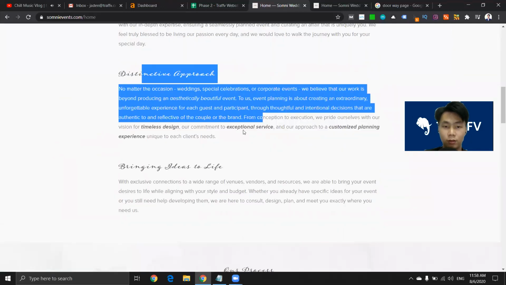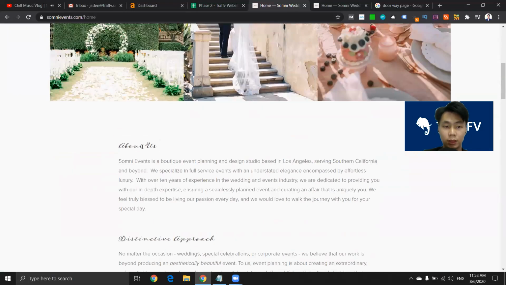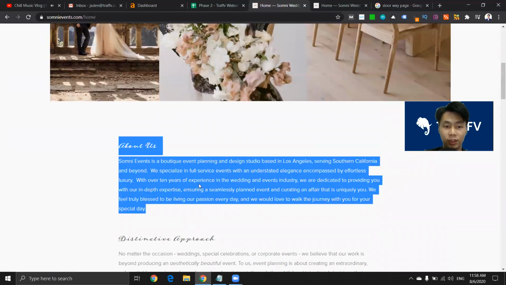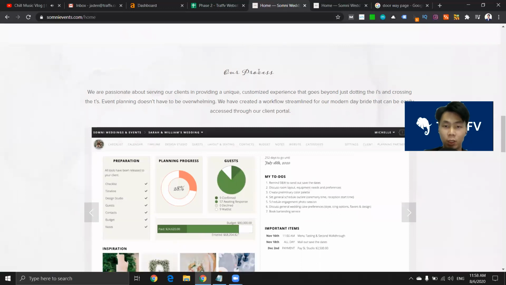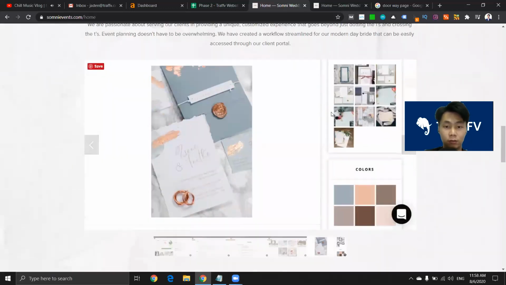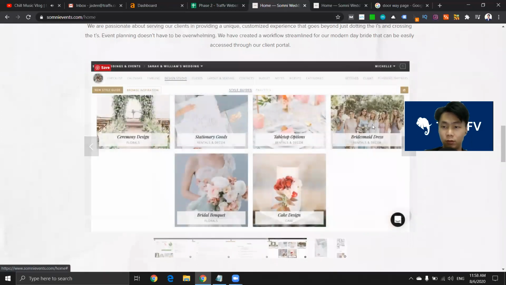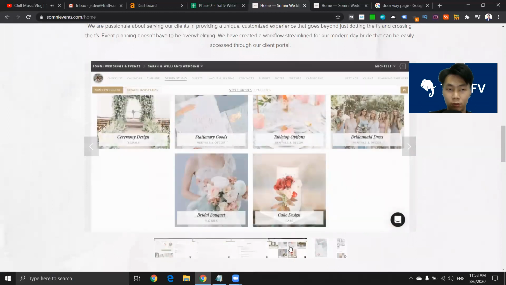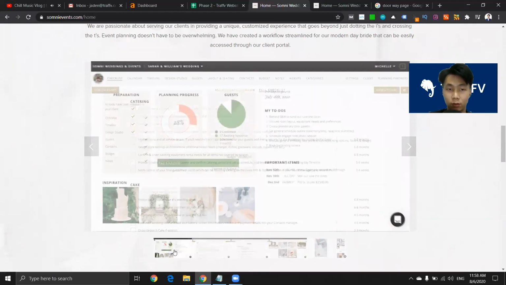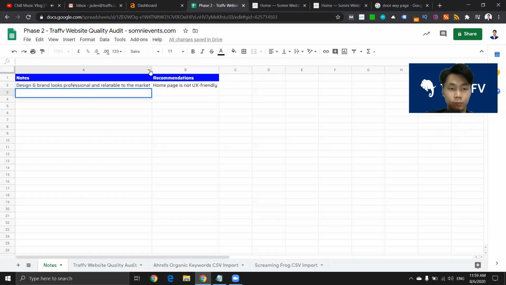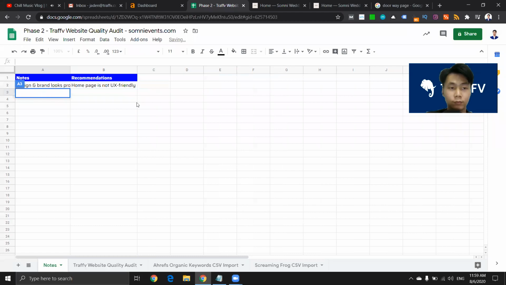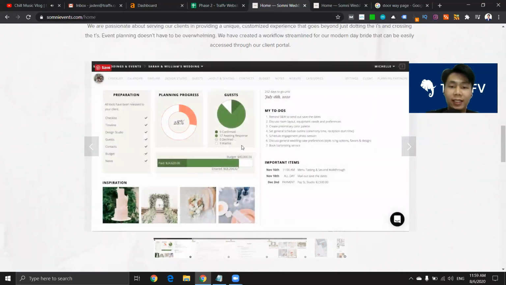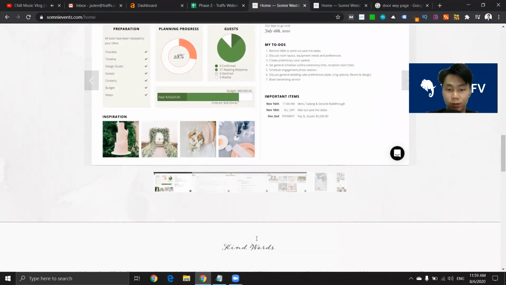Their font is not really that readable, but our process, okay, I like this part. Okay, it shows the process. And I don't want to talk a lot about user experience, because I'm not